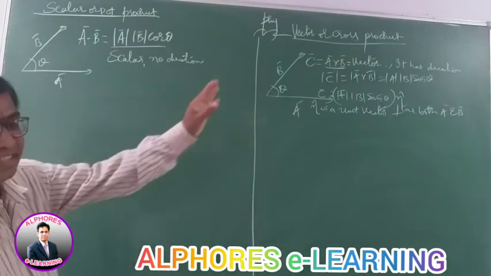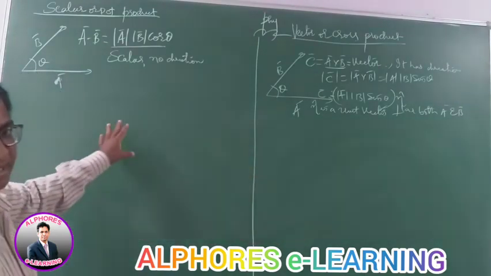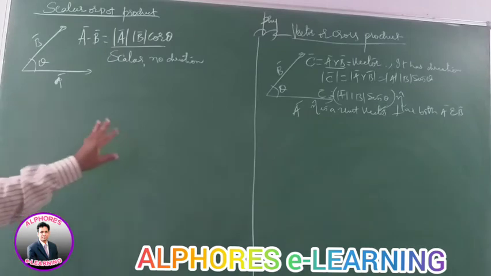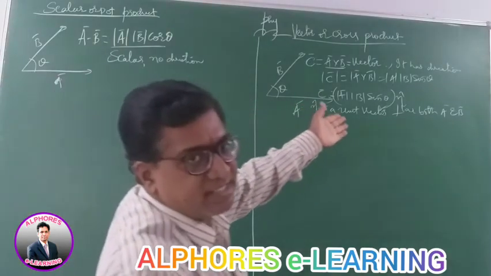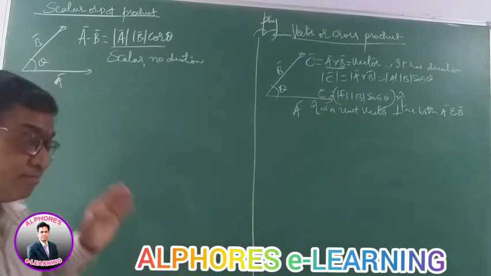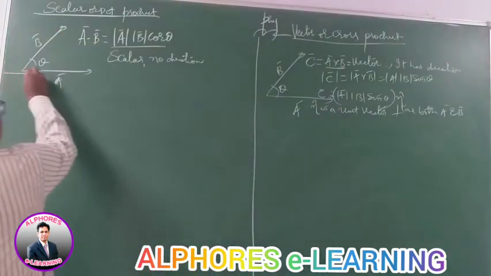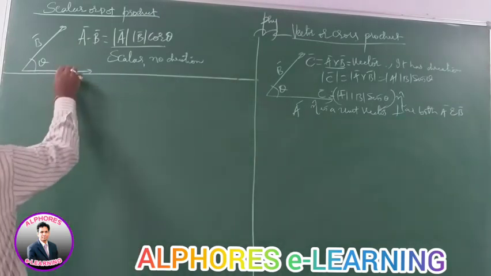So this way, this is a vector quantity, this is a scalar quantity. Here we get scalar quantity. Here the resultant is a scalar. That is the reason why we call it a scalar quantity. Here the resultant is a vector. We call it as vector. Okay. Now let us take up the cases regarding this.